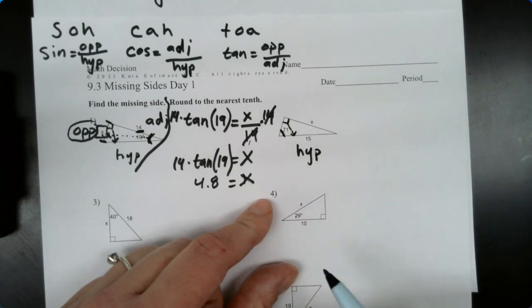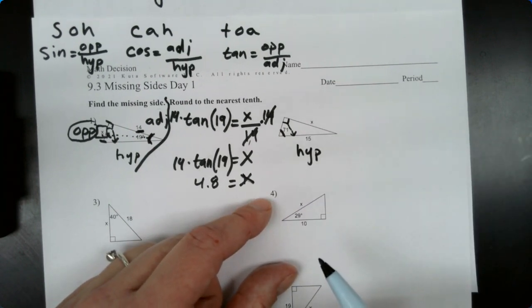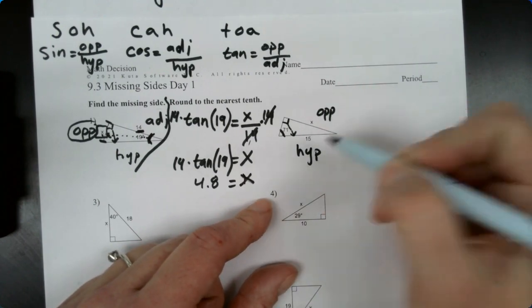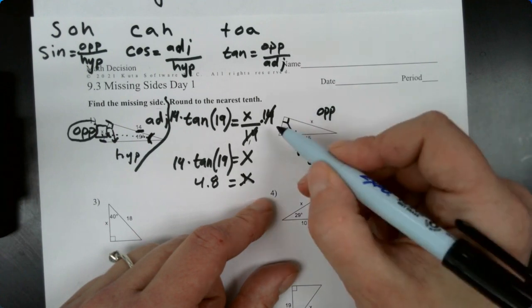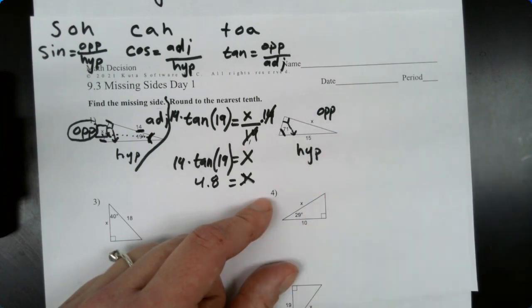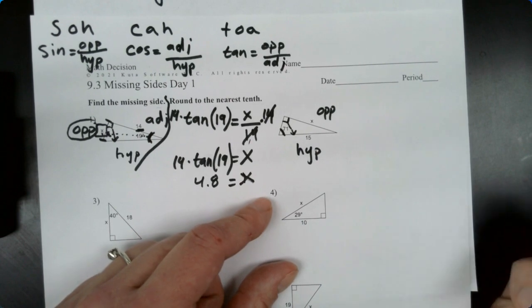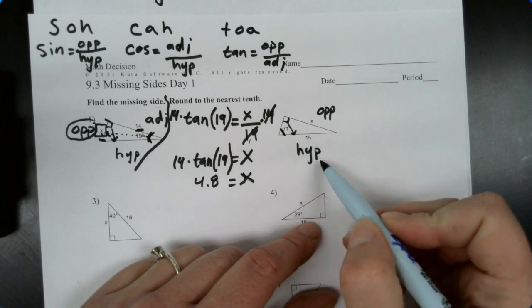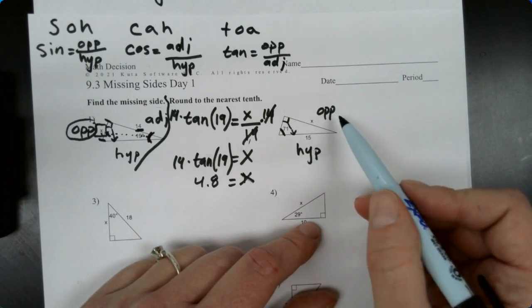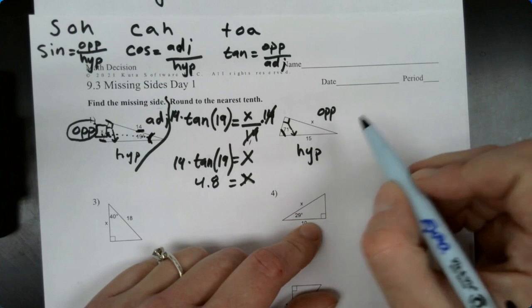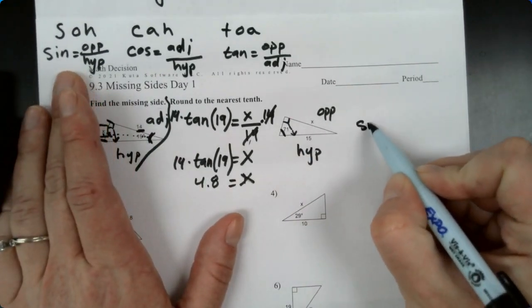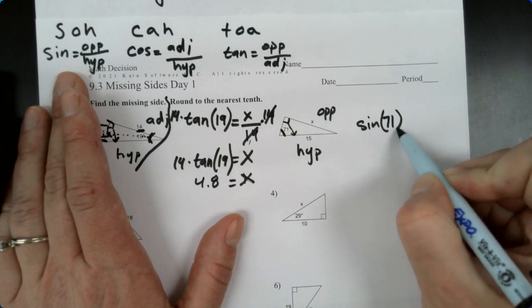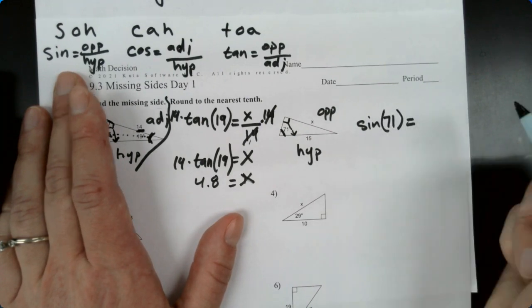Perfect. Okay, what about x? What is x? That's the opposite. Good. And those are really the only two sides that I need, so I could stop labeling there. We could also label this one as our adjacent, but it's not labeled, so we don't really care about it right now. So now we need a relationship that relates the hypotenuse and the opposite side. So we have sine of this angle because that's our opposite. So sine of 71 equals,